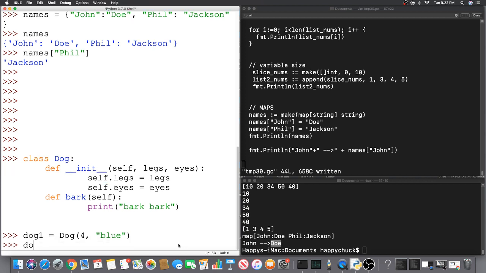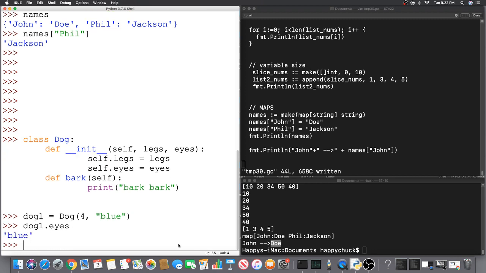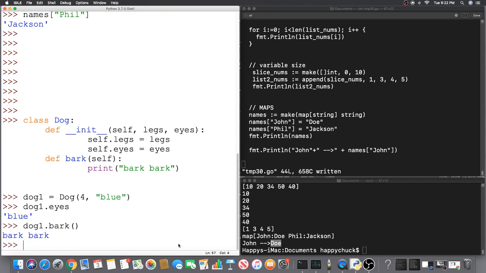So we can now print out our attributes. Yeah, so dog.eyes. And we can also call the bark method. Perfect. So that's how you declare classes, and that's how you create objects of those classes and invoke the methods of those objects. Perfect. All right, let's head over to the right hand side of the screen, and let's implement the same thing